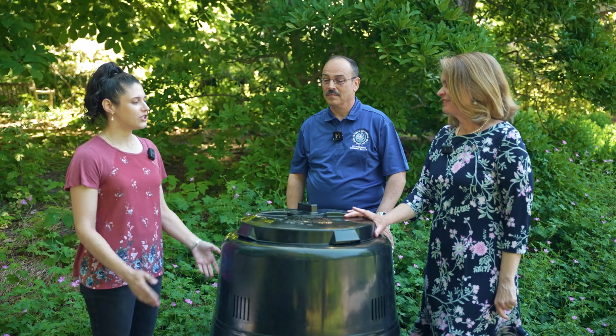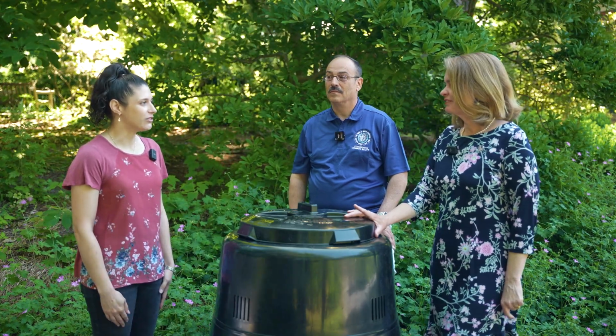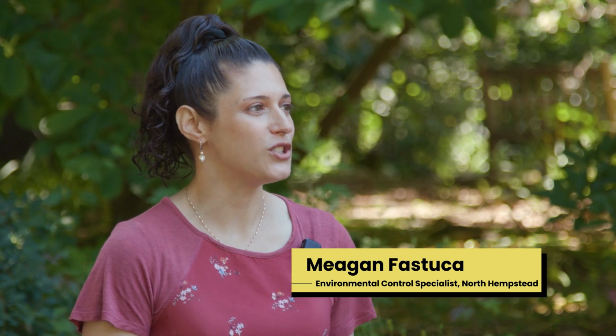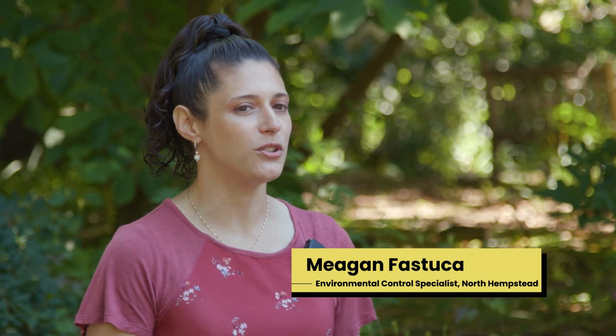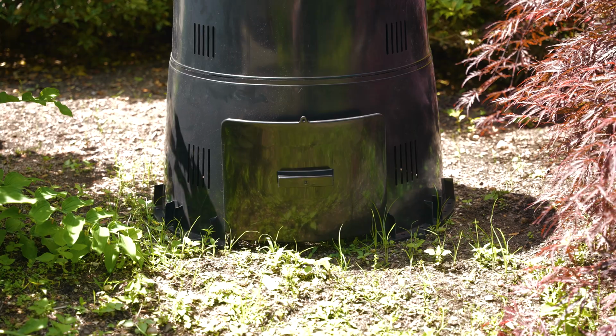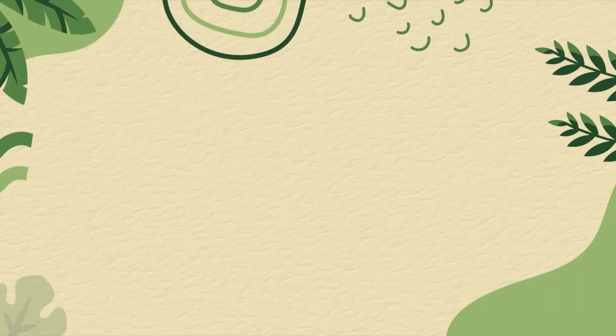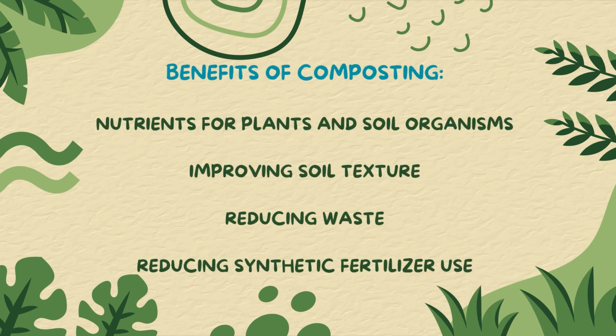So composting is just the breakdown of organic materials, and when decomposers break these materials down, it turns into a nutrient-rich soil amendment that we can use for our gardens and yards. Why is composting important? Composting has many benefits, including nutrients for our plants and soil organisms, improving soil texture, reducing waste, and a really important one is the fact that it helps us reduce synthetic fertilizer use